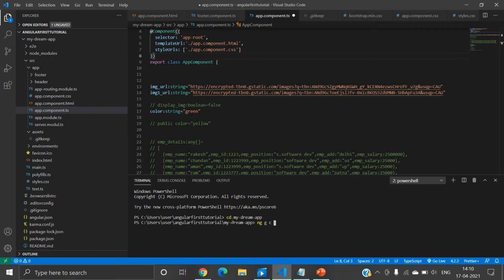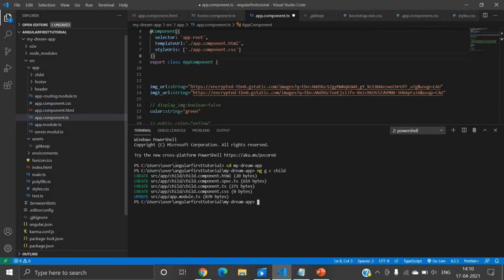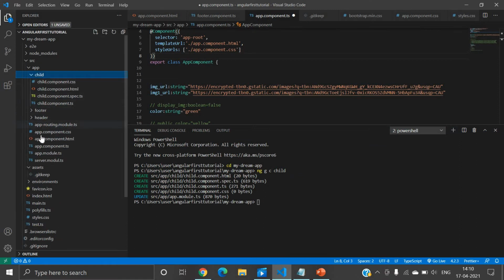Let's say child, you can write any component name. Now here you can see this is the child component, and this is the parent component app.component.ts, right?